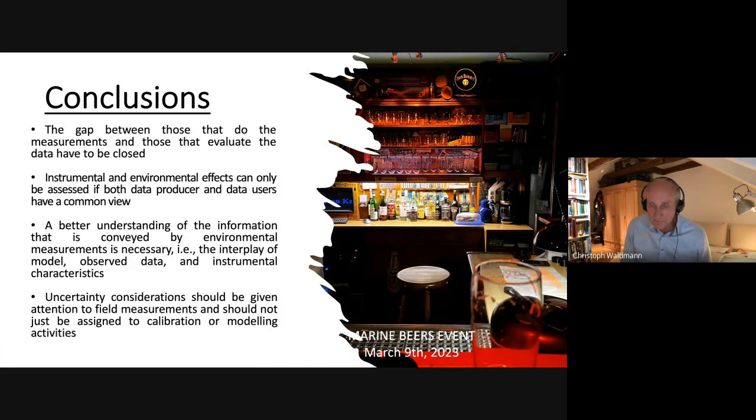Okay, this is my final slide, and you may have wondered about my first slide, where you see this nice picture of a glass of beer. Here at the end, on the right-hand side, you see it's empty. That's also to do with my slides. This is all I have to say. I wanted to mention this is a bar that I often go to with my buddy in Bremen, and if you come to Bremen, I will show you this bar as well.